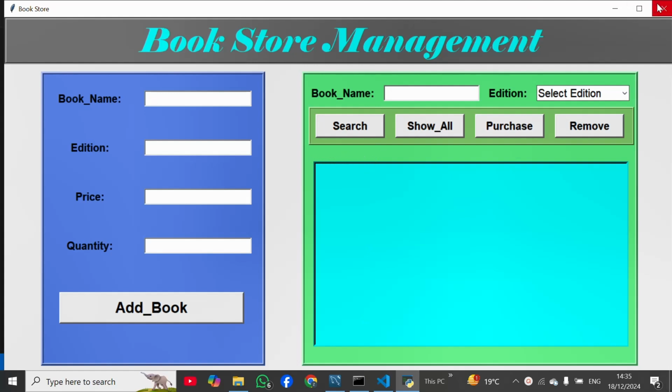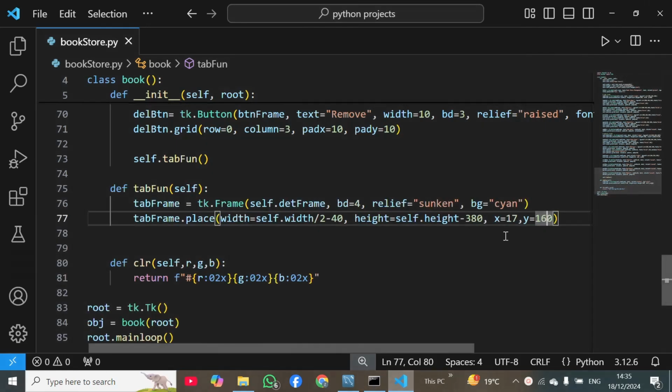So I will close this and also this, and here I will use 150. Okay, and then here this is padding, and we will increase height. Okay, so here I will set it 350. I will save and execute,